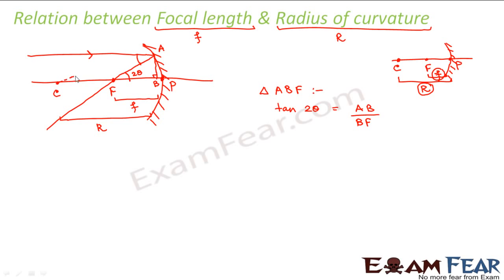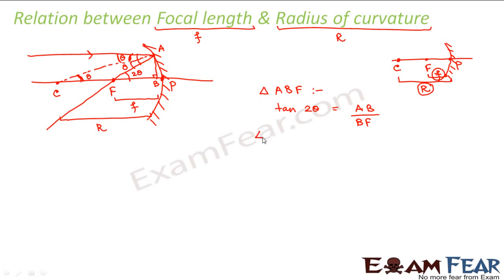So let us join this point C with this point A. So what happens, this entire angle was 2 theta. So now this is theta and again this is theta, right? So now let us consider this triangle. If this angle is theta, what would be this angle? Because you see this is also theta, so this theta and this theta are alternate angles, right? This theta and this theta, they are alternate angles. So this is also theta.